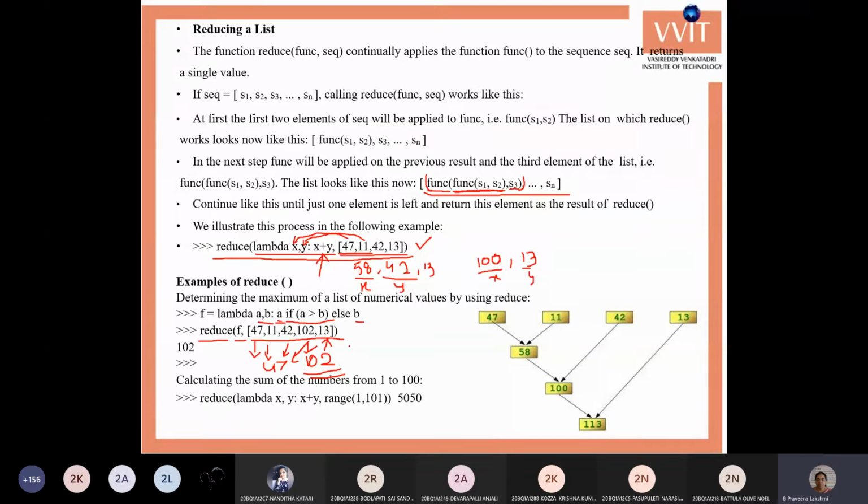This process is continued for all the elements in the list.